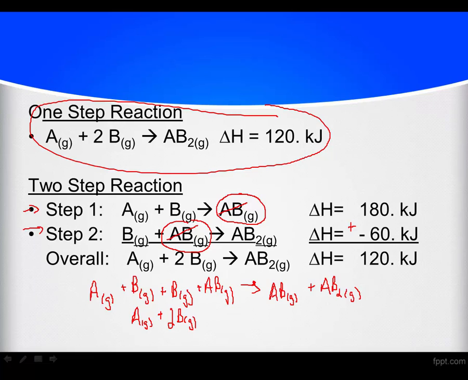I'd subtract AB from one side and subtract it on the other side, right? So if I subtract AB from the right side and subtract it from the left side, what happens to them? They cancel out, and they're gone. Okay, so then I can write my product arrow. I can write my AB2 as a gas, and notice that this